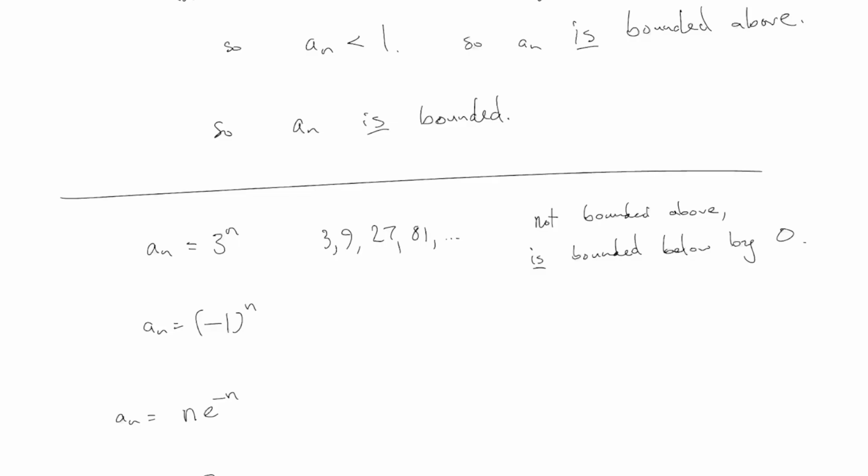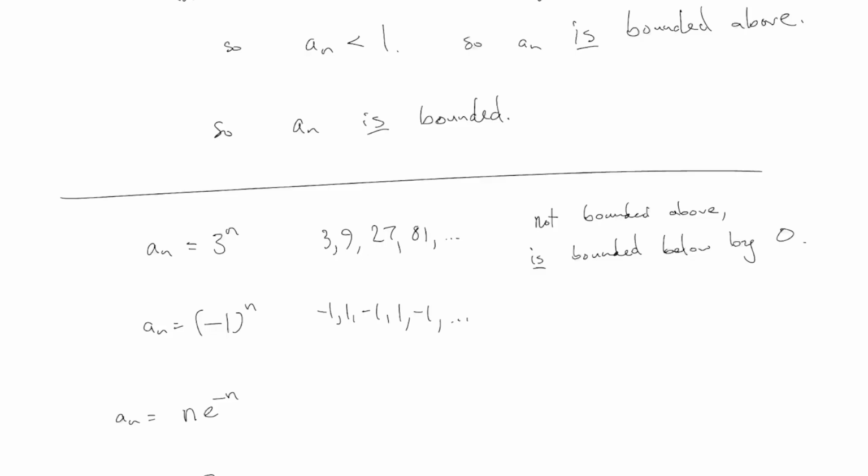All right, the next one, negative 1 to the n. If I were to write out the terms, it looks like this, etc. All right. Is this bounded above? Can you think of a number that's bigger than all of those? What do you say? You can show me on the fingers. What is a number bigger than all of those? I would say this many, right? They're all less than 2. Some people, as I was walking around, said these are all less than 1.